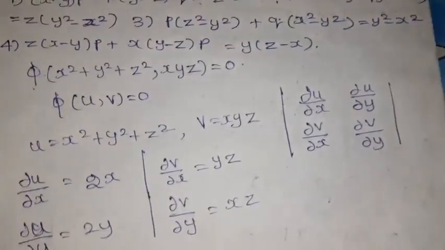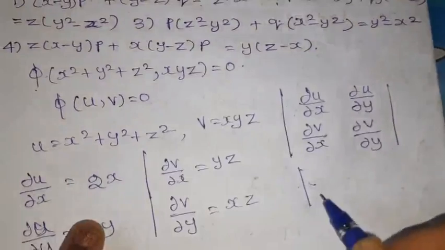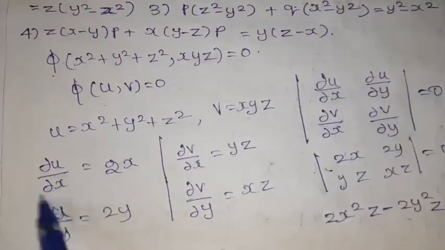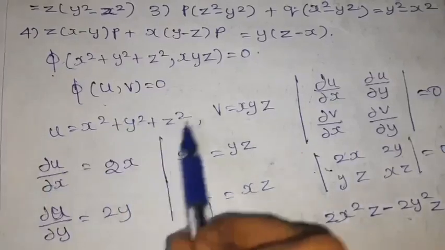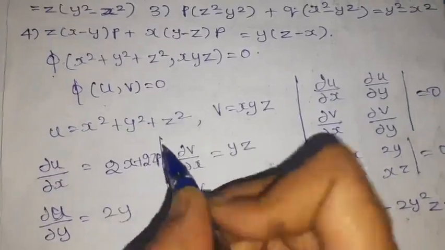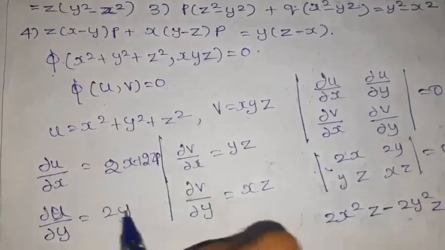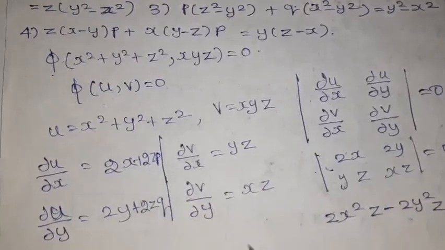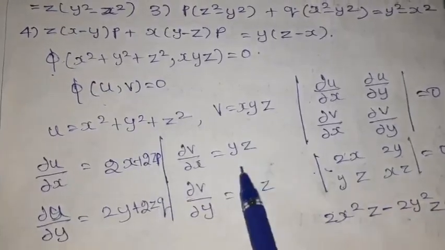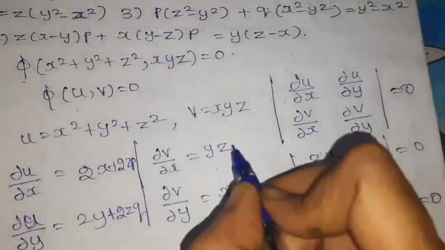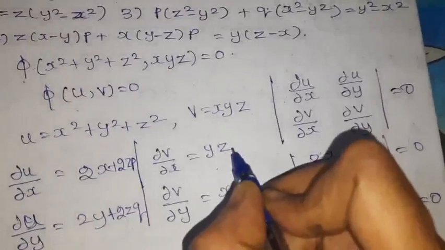So substitute in these values, what will we get? Equal to 0. When differentiating dou u by dou x, we differentiate partially 2z into dou z by dou x, so 2z into p. Again differentiating with this term, 2y plus 2zq, right? For this term, yz and yz, right? Dou v by dou x, what will we get? yz, it is in the form of uv, right?